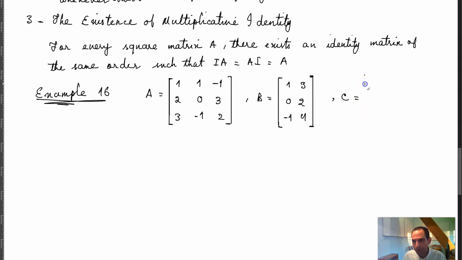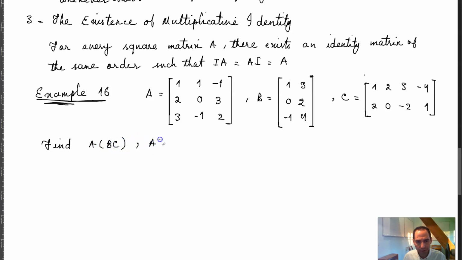So the third matrix is a matrix like this, which is 1, 2, 3, and negative 4. And you have 2, 0, negative 2, and 1. You want to find A times BC. You want to find AB times C, and you want to show that,